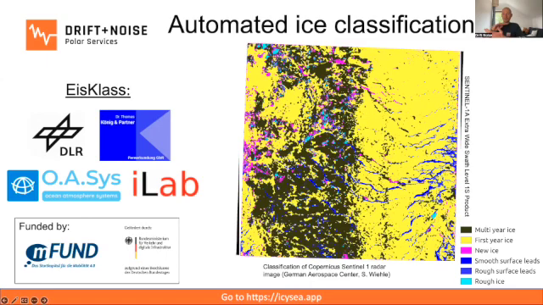I looking at. Based on what the surface of these features looks like, what signal it sends back, it's possible to determine whether it's young first-year ice or multi-year ice, newly formed ice. There are different options here. So this is one of the projects. Hopefully in the future, when you look at IcySea, you can have the choice between looking at the raw radar image or already getting a classification. And obviously, depending on what kind of ship you have, this will give you a better idea of what areas to avoid, because you can't go through multi-year ice, for example. And this is much higher resolution than the ice charts.